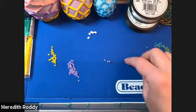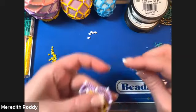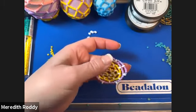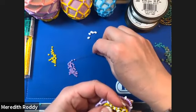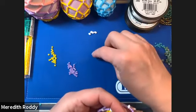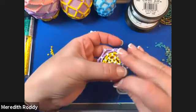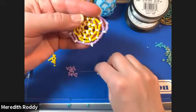So I wouldn't recommend using your good paper crafting scissors. I wouldn't recommend using your fabric scissors. I don't know if anybody out there is as crazy as I am about their different scissors and their different uses. But everybody in my family knows that if they go near my fabric scissors, for example, big trouble. But the WildFire scissors, you want to keep them as sharp as possible. And if you are able to have them be dedicated to just cutting WildFire,